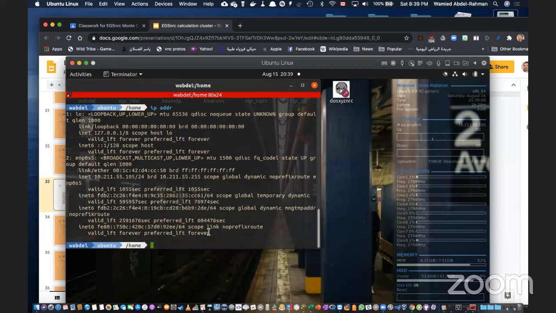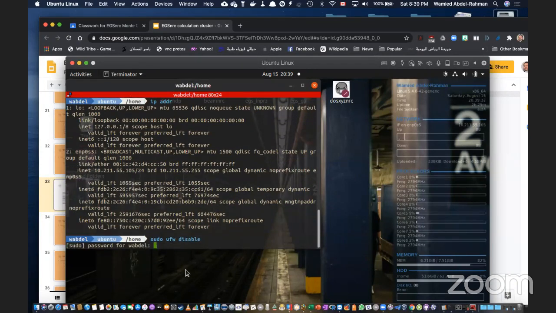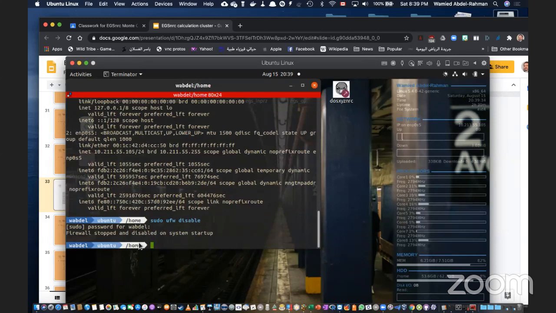One thing very important. You need to make sure that you don't have a firewall on your virtual machine. You can do it with sudo ufw disable. This is the firewall. Since it's a virtual machine, you can just disable it. Now it's disabled, because otherwise you need to configure the firewall to allow connections for this port